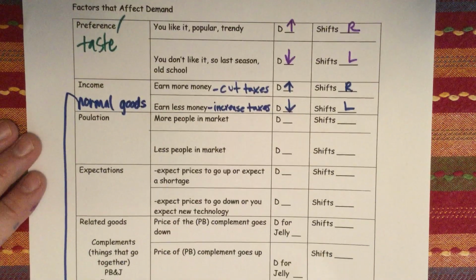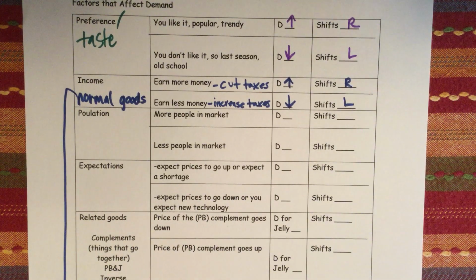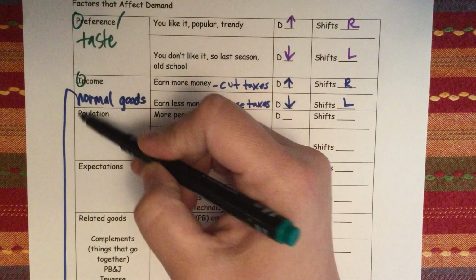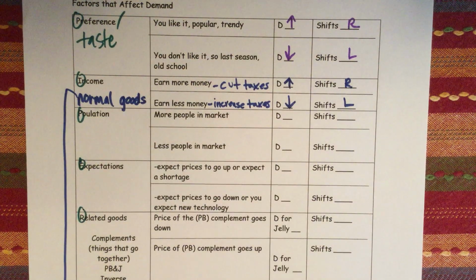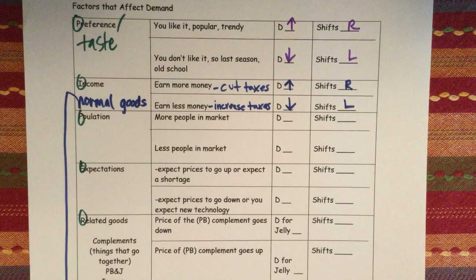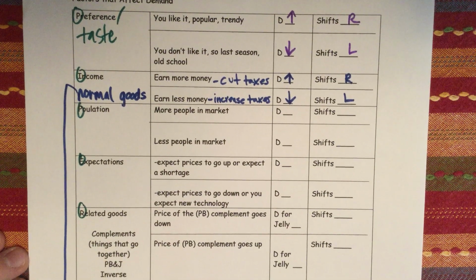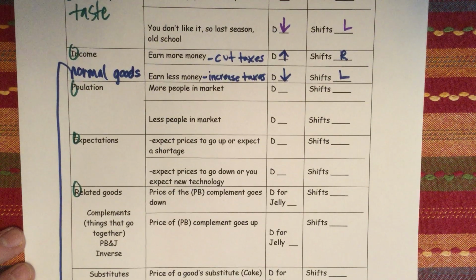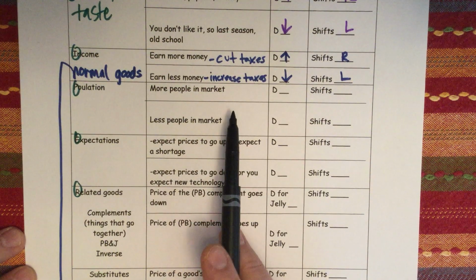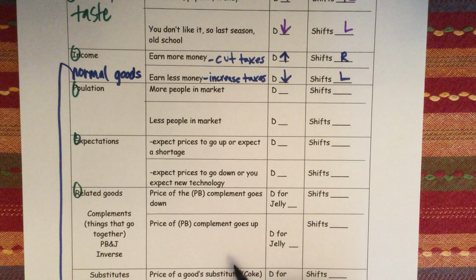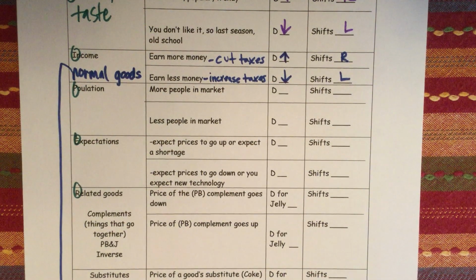Okay, going back to the second P in PIPPER, you should remember PIPPER, P-I-P-P-E-R. That is when I tell you to remember the non-price determinants, the factors that affect demand, that's what I'm talking about. So population: when there's more people in the market, essentially, right now there's a lot more people entering the market for masks and gloves. Before it was more for healthcare professionals, people who had a compromised immune system.